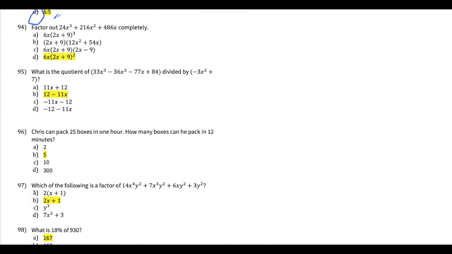94. Factor out 24x cubed plus 216x squared plus 486x. Okay? So, ako nakita ko agad, divisible siya by 6. Kasi ito, 2 plus 1 plus 6, that's equal to 9. So, divisible by 3. Even number, divisible by 6. 4, 8, 6, 18, divisible by 9. Even number, so divisible din by 6. Okay? So, here we have 24x cubed plus 216x squared plus